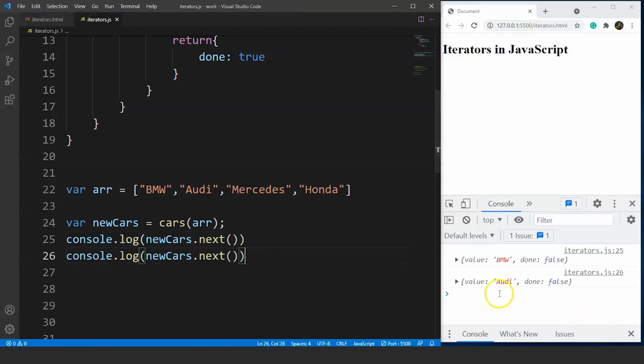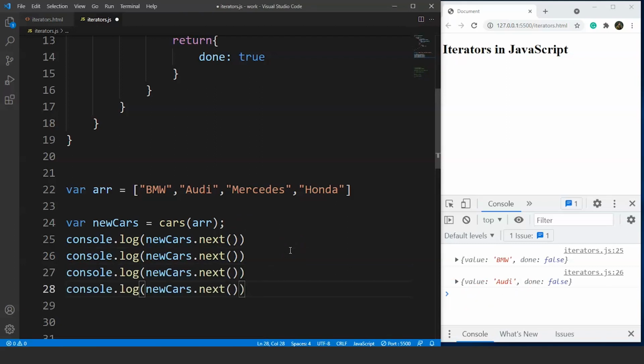Save it now, and you can see we have another value, Audi, and the value of done is still false. So the good thing is it prints all the elements if we try executing the same statement again and again until it reaches the end of the array. So let's try it. We'll write console.log 4 times, or let's do it 5 times.